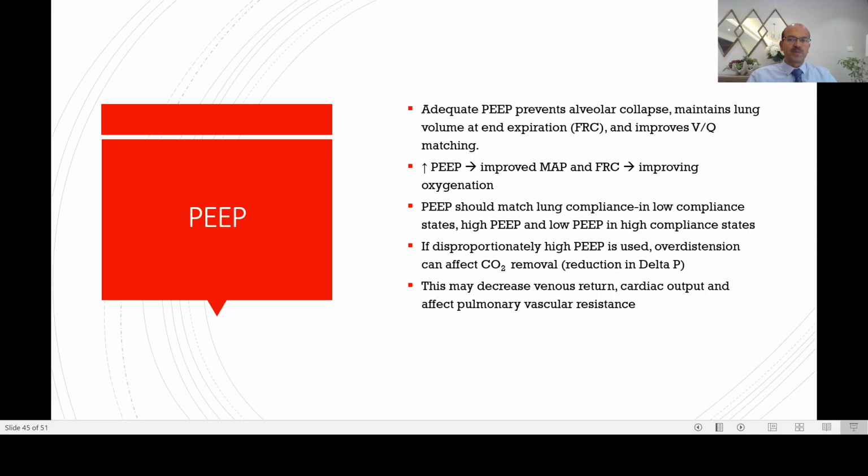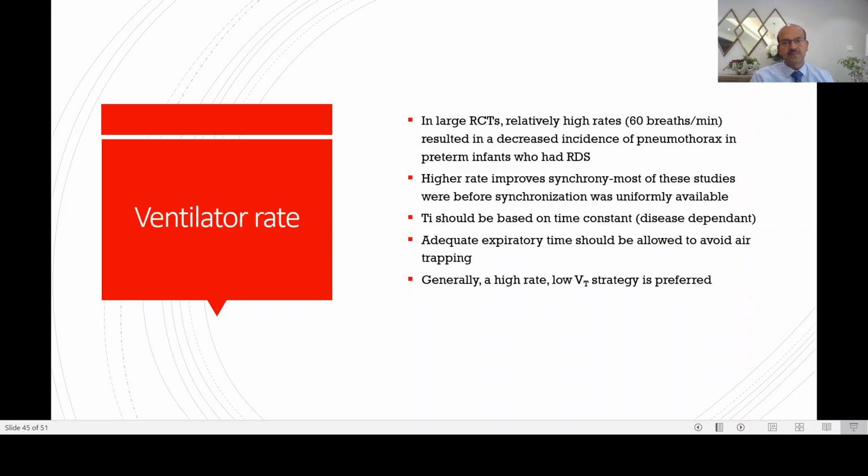You need an adequate PEEP to open the lungs well before you can consider other changes. If disproportionately high PEEP is used, you get over distension causing CO2 retention. And we discussed the impact on the venous return and cardiac output, and also the iatrogenic pulmonary hypertension due to increased pulmonary vascular resistance. Your lung blood vessels are also compressed, so you're actually worsening the situation by over distending. So increase in PIP and increase in PEEP beyond a certain degree are both important in causing these iatrogenic problems, which we should avoid at all costs.